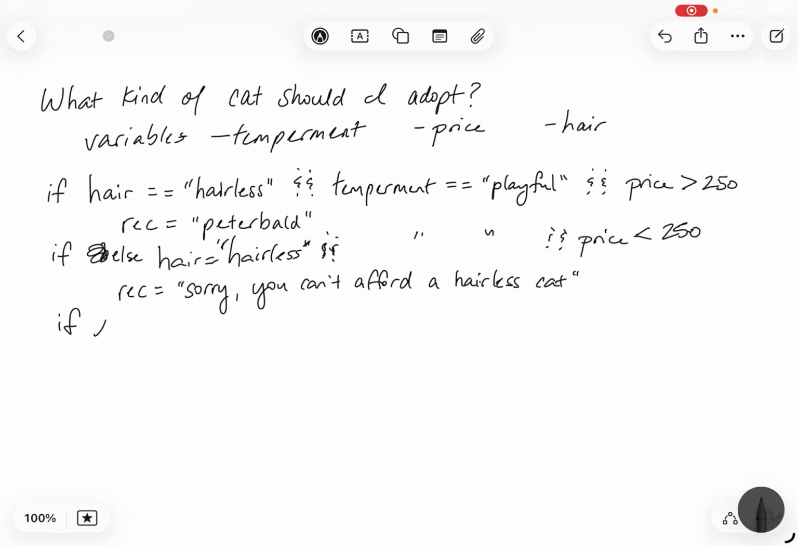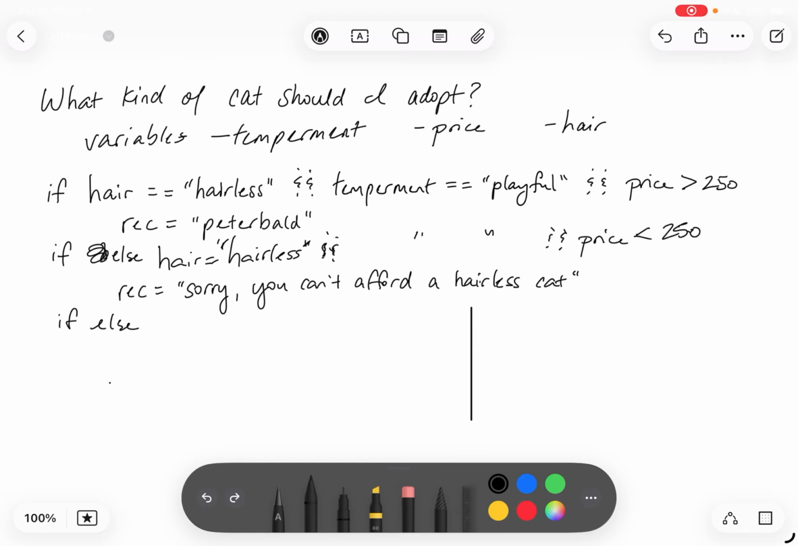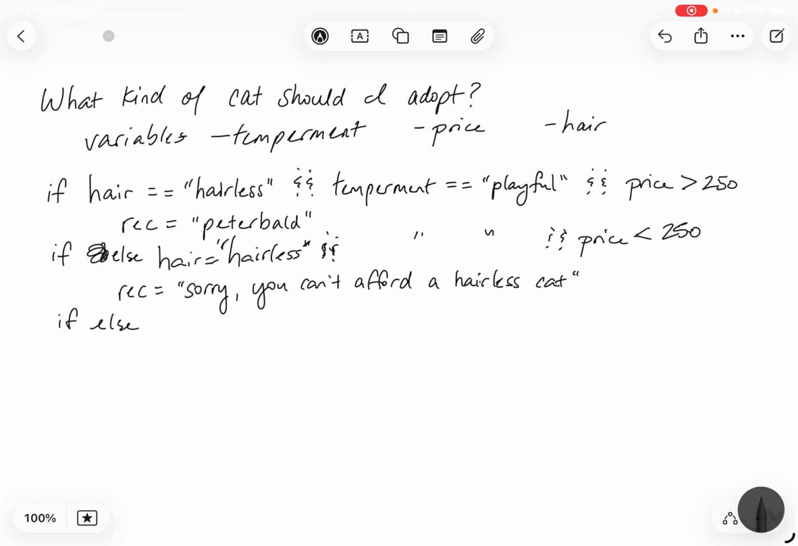All right, then we would have more lines, and you can kind of get the drift of this, right? It's just if-else statements all the way down the line. Ooh, let's get rid of that big line there really quick. It will let me backspace it. Okay, so then we might have if-else. Okay, we're going to this time say if our hair is a short-haired cat,